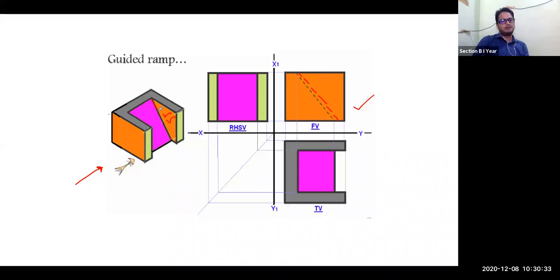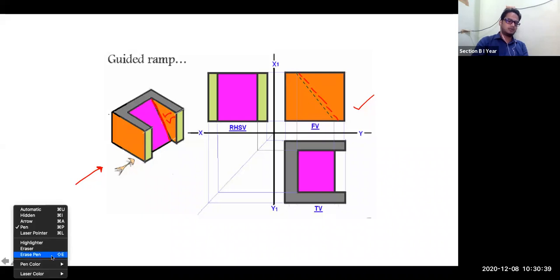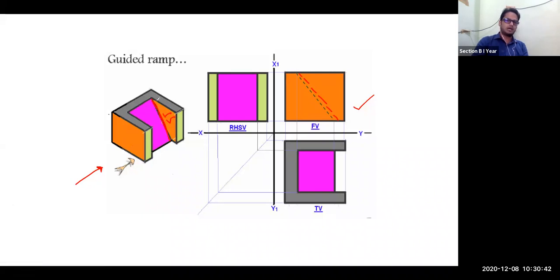So this line, let me choose black so it will be clearly visible to all of you. To represent this line, dash lines are used, since it is not visible if you are looking from this side. This is a plane surface, this rectangle. The slant is there on the back side, but you are not able to see that. But it is there in that drawing. So that's why dash lines are used here. So here, I think front view is clear.